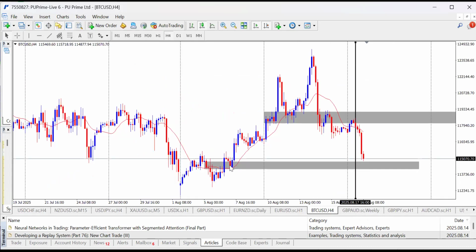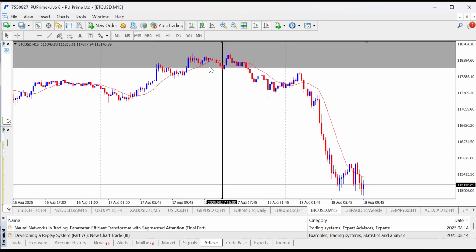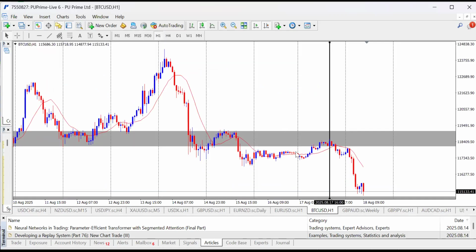I go to 4 hours. You can see on 4 hours time frame, the previous 4 hours candle, this is where it started from. We need a pure retracement, and hopefully the retracement can start from here. And once the retracement starts, do we have a break? No, I don't think so. We don't have a break on 4 hours time frame. So what I would say is on 1 hour time frame, do we have a resistance? This is still the area I would love to see break. This is a continuation pattern for BTC USD.